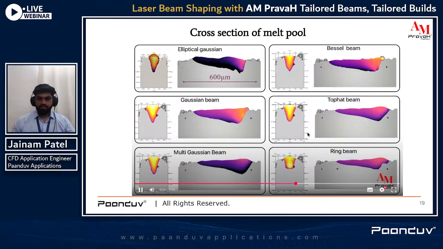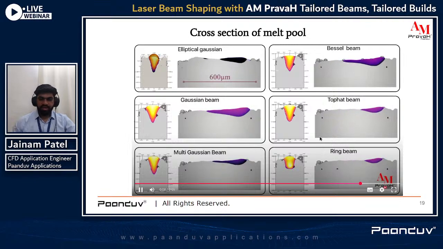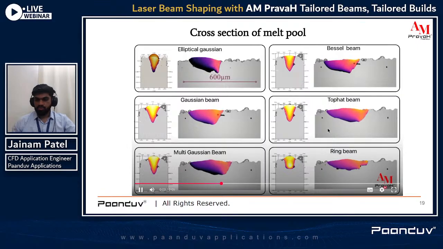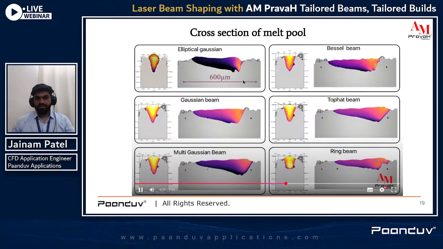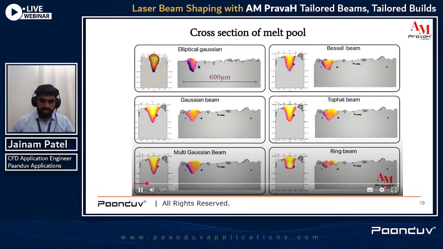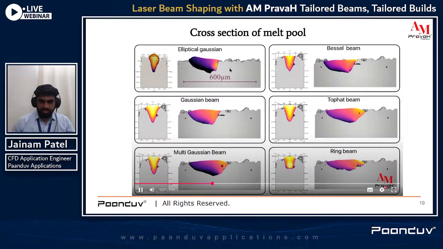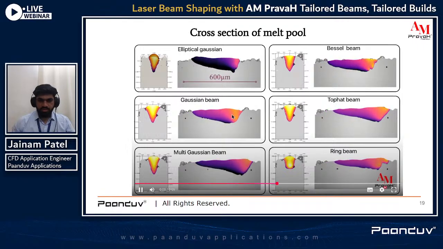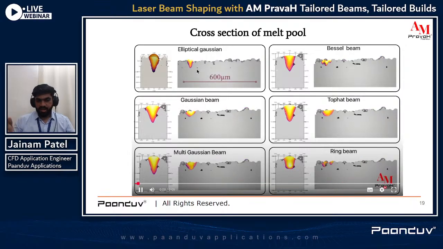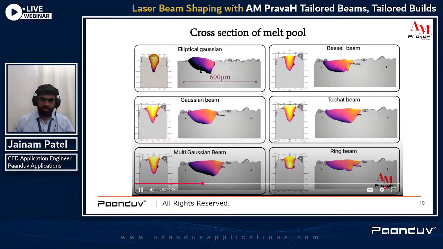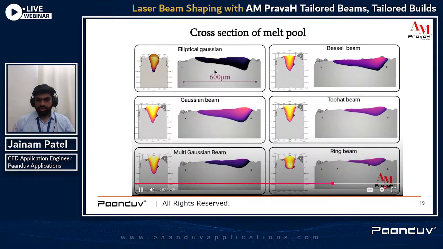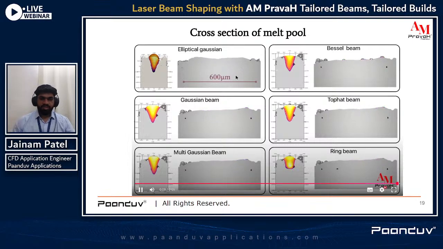Similarly, for the flat top hat beam, the energy is concentrated around its perimeter. So we can clearly see that the elliptical Gaussian beam, multi-Gaussian beam, and the Bessel beam shape are removing these tiny gaps. They clearly have high depth, so that's why they are removing the gaps between the particles and the porosity also. But there are some